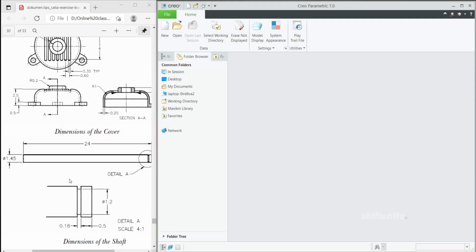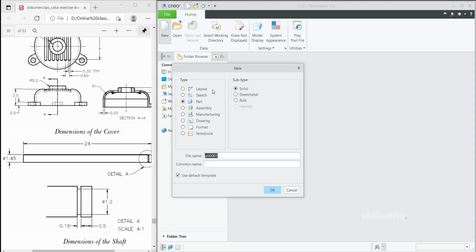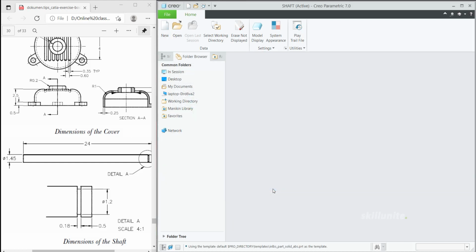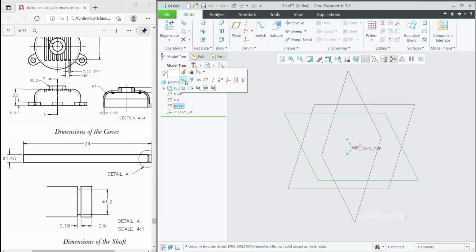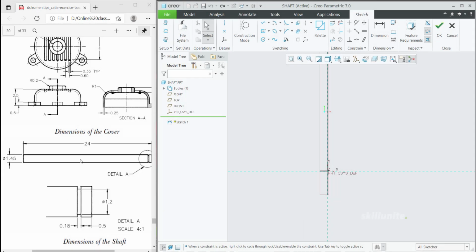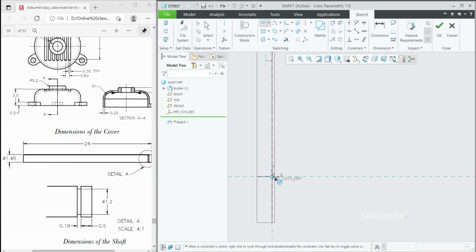So next we are going to create this shaft. Simply go to new, then click on shaft. So use default template only, click OK. So go to front plane, click on sketch option. So we are going to make this shape by using simple robot. So click over here. So first